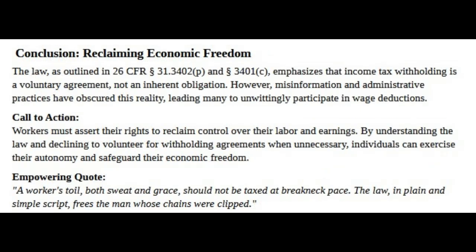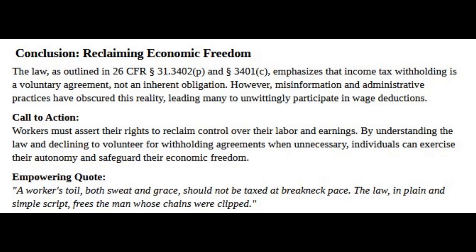Conclusion. Reclaiming economic freedom. The law, as outlined in 26 CFR Section 31.3402(p) and Section 3401(c), emphasizes that income tax withholding is a voluntary agreement, not an inherent obligation. However, misinformation and administrative practices have obscured this reality, leading many to unwittingly participate in wage deductions. Call to action. Workers must assert their rights to reclaim control over their labor and earnings. By understanding the law and declining to volunteer for withholding agreements when unnecessary, individuals can exercise their autonomy and safeguard